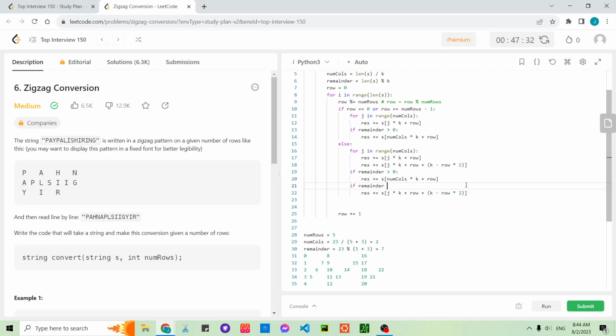If remainder is bigger than the number of rows, then we want these diagonal elements as well. So what is the diagonal element for row 2? That will be number of rows 5 times k number of columns, so that's 2 times k